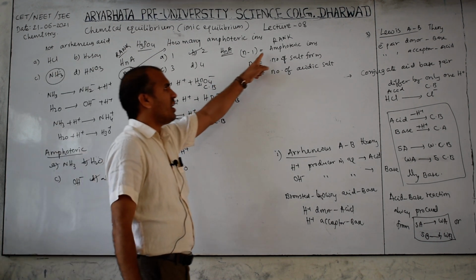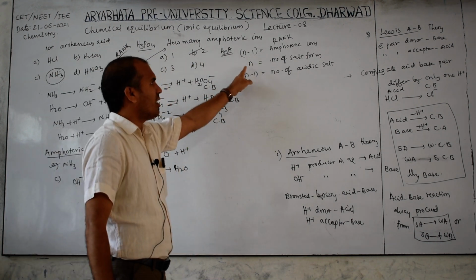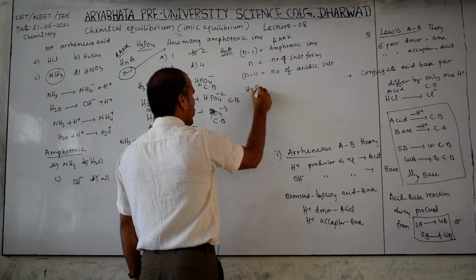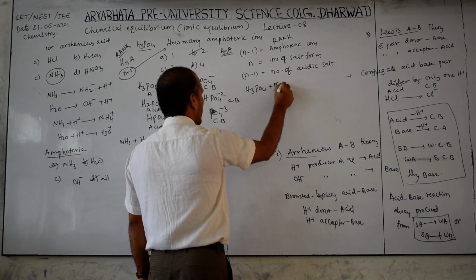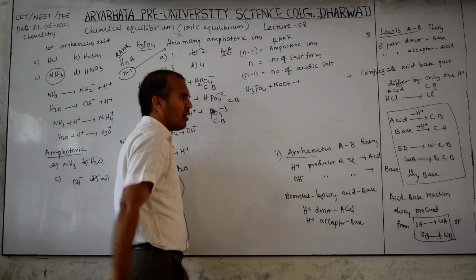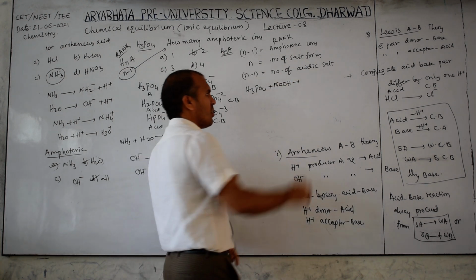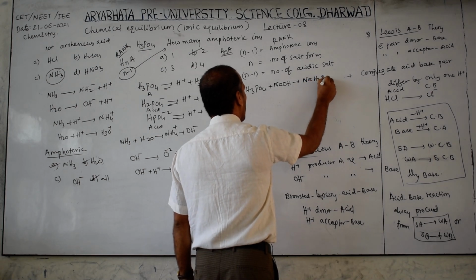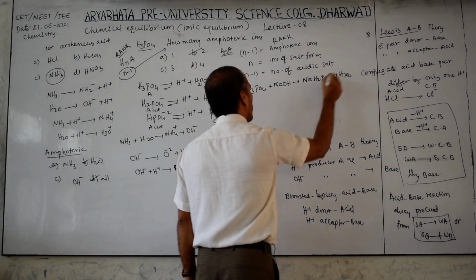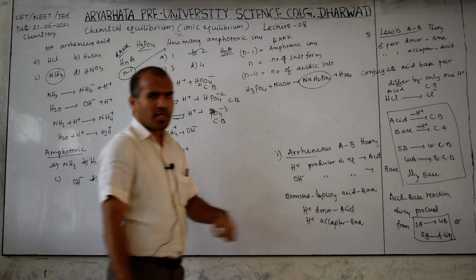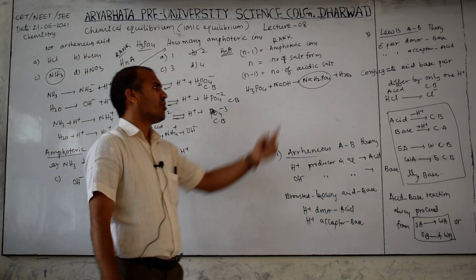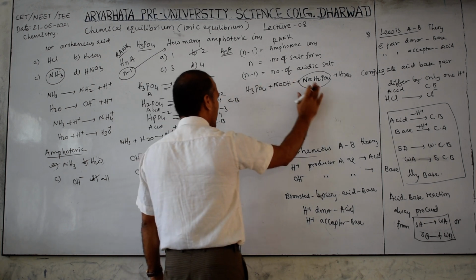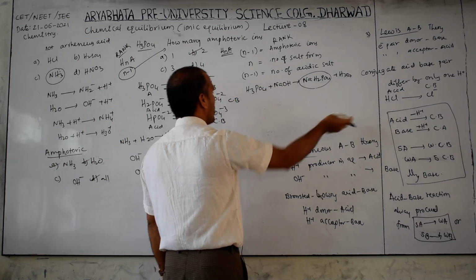I have already given the number of amphoteric ions, now salts. For example, H3PO4 reacts with NaOH. Then what happened? 1 H and 1 OH are lost, and this will be NaH2PO4 plus H2O formed. Then H plus produced in the second step means, what you call that is amphoteric. Next, this acidic salt, because here H plus also it can donate.